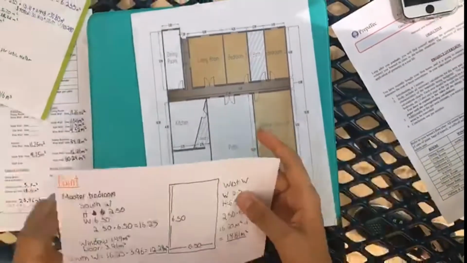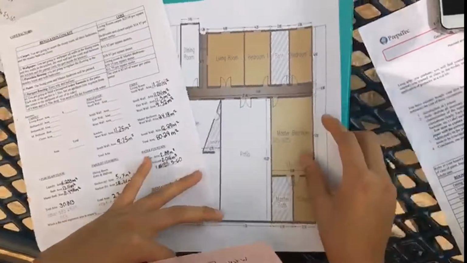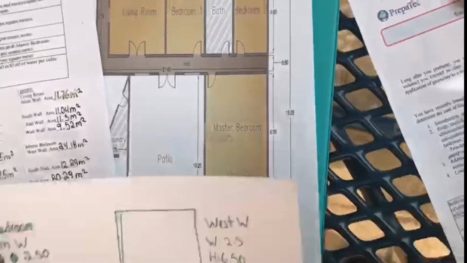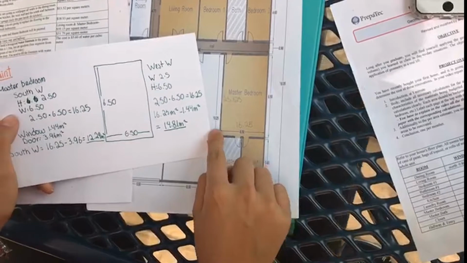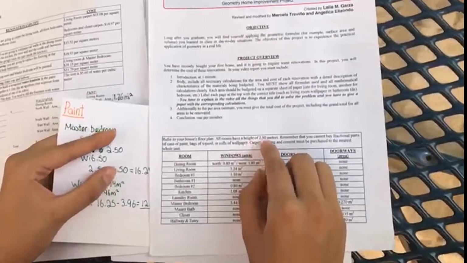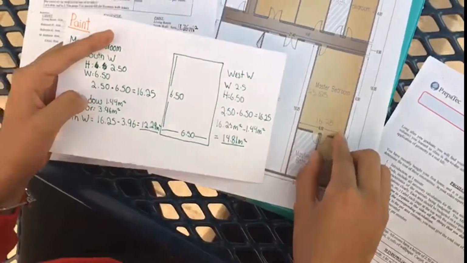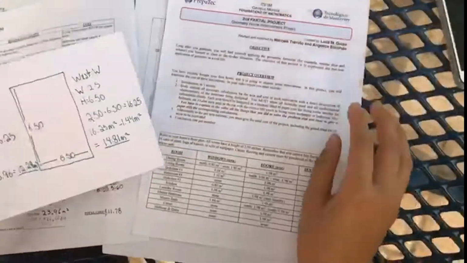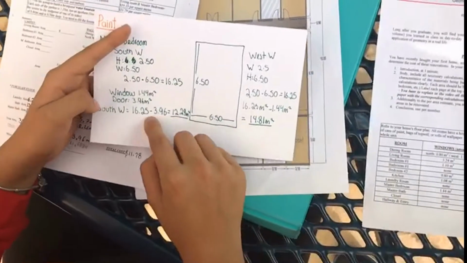Now with my teammate Carla, I do the paint of the master bedroom, this one. I have to do the west wall, the south wall and the west wall. Here I have the south wall, this one, and I get the width of the wall and the height of the wall, which is 2.5 meters, and I multiply them to get the area of the wall. Then, as we can see, it has doors, so I subtract the south door, and this is my result, which was